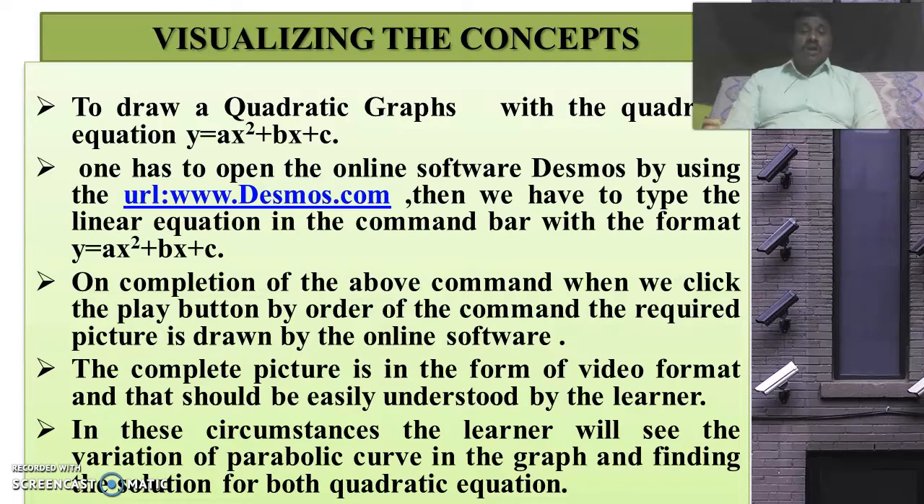On completion of the above command, when we click the play button, by order of the command, the picture is drawn by the online software. The complete picture is in the form of a video format, and that should be easily understood by the learner. In this circumstance, the learners will see the variation of the parabolic curve in the graph and